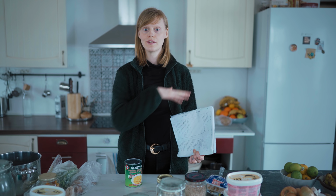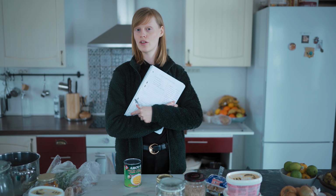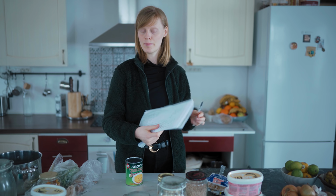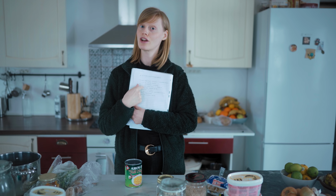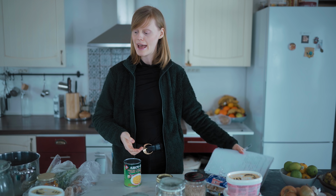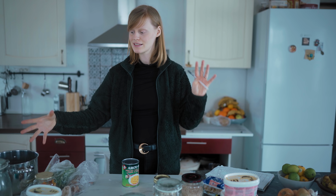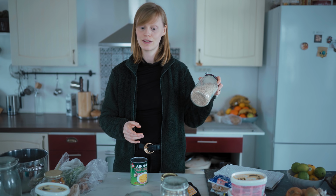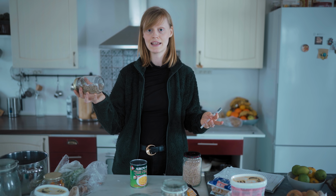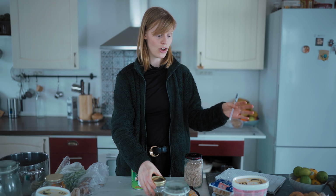Now I've gone through all the stuff in the pantry and the freezer, and I've written the list with all the things that I think needs using up. And on the other side, I started making a list of things we can cook the next few days. And then I brought out some things here on the counter that we can start using right now. There are some things we can soak that we can cook tomorrow and use in recipes, some grains that we can eat for lunch. I have some hemp seeds that we can make hemp milk from, and I also defrosted